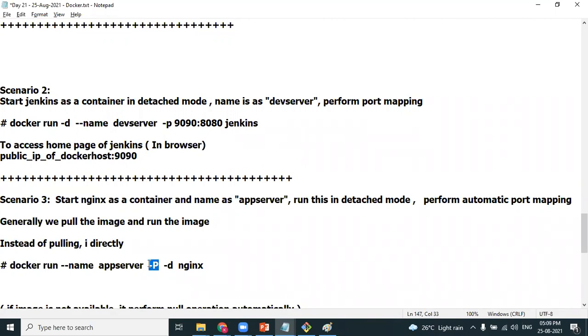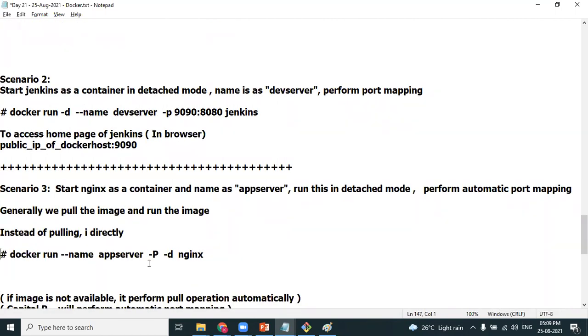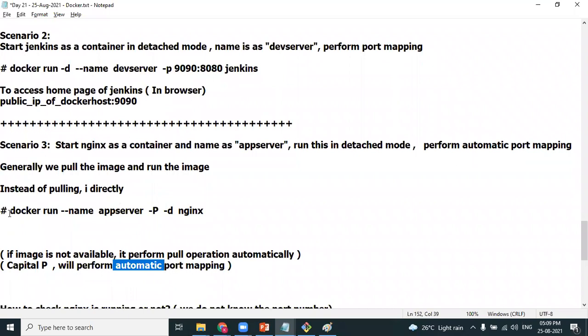I'll show it now. From this example, two things to note: if the image is not available, the pull operation will happen automatically in Docker, and capital P is for performing automatic port mapping.